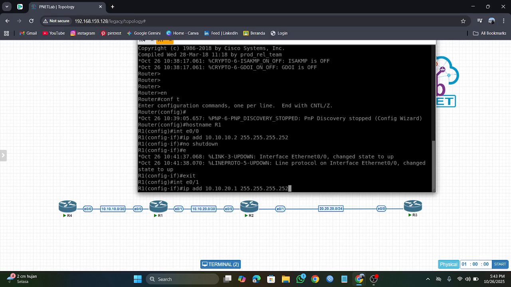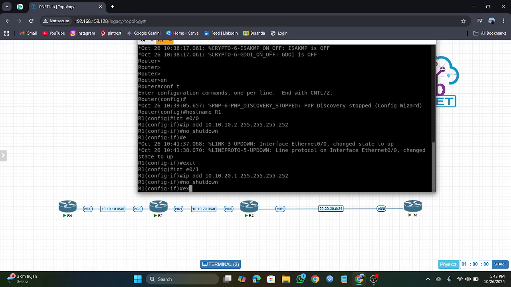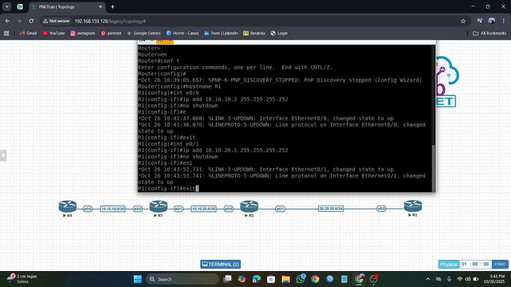Okay, you click enter and you type no shutdown. Then type no shutdown to prevent the interface from shutting down. Okay, you type exit.